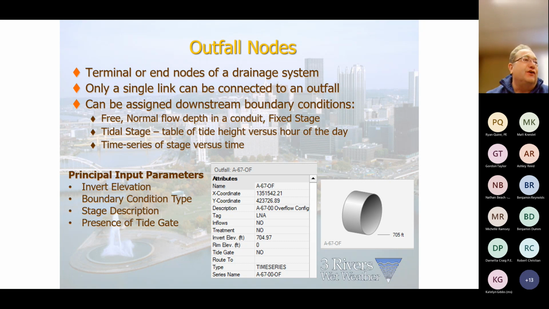One of the things we're discussing here, just to get the folks online caught up, Sam was talking about an analysis that he was working on with Jake in an area up in Turtle Creek. And they're looking to try to represent a downstream boundary condition. And they're calling out that there are some options here that if you don't have, say, a river or a stream gauge in the area, you could represent other ways, either free or normal flow depth in the conduit or a fixed stage. And you can do that through the model here. So it gave some other options that they could use to evaluate that downstream control. And I think in general, Sam was concerned that just using free flow